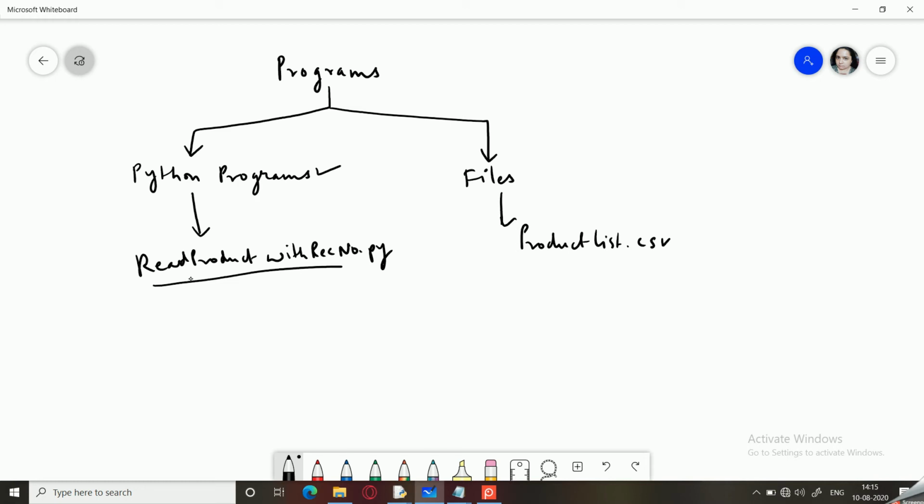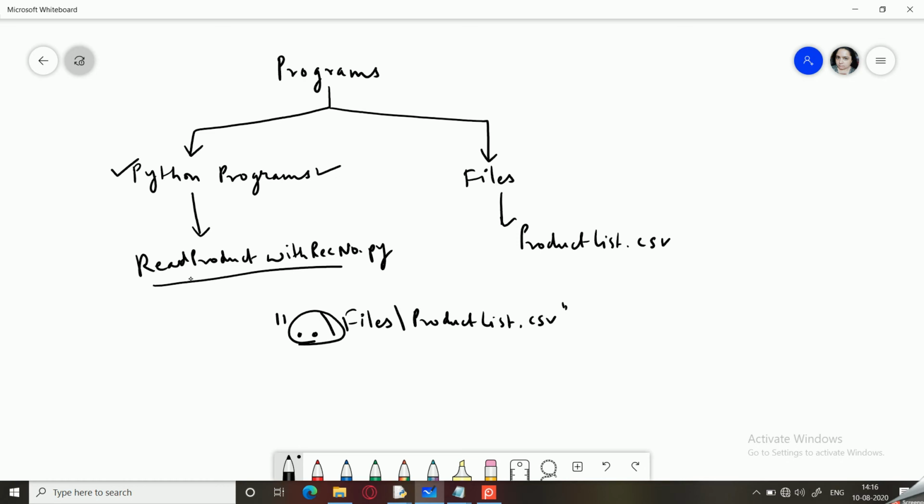So how do we proceed with the file name? The file name would be written in this way. We will use two dots, then a backslash, and here we are going to use files, productlist.csv. So these two dots before files represent that the file named productlist.csv is in a files folder, and this files folder is somewhere in the parent folder of the current folder where the program lies.